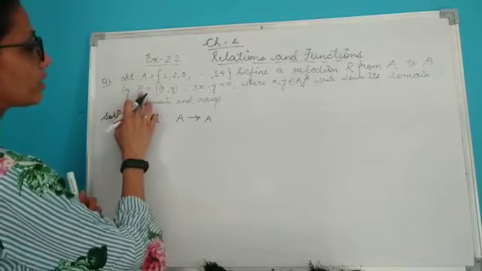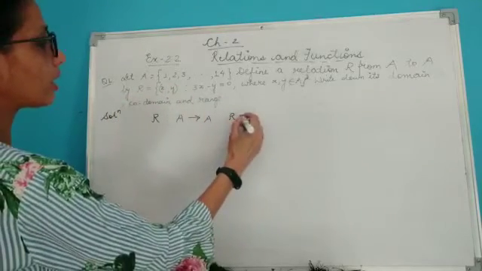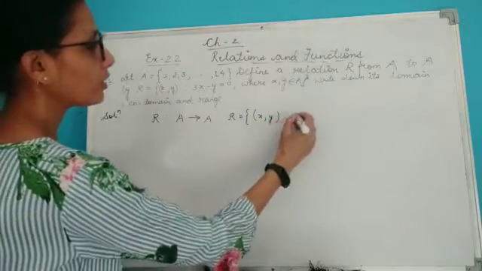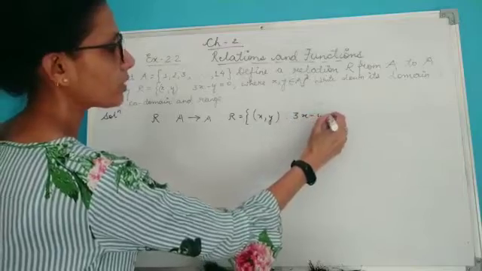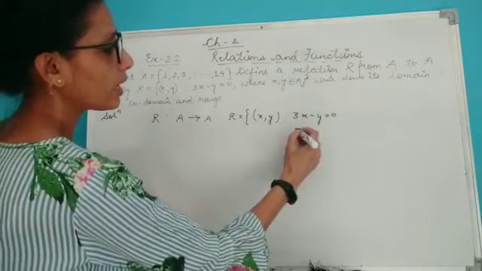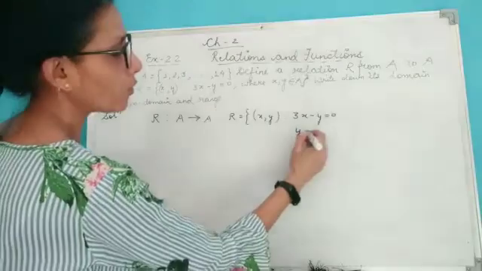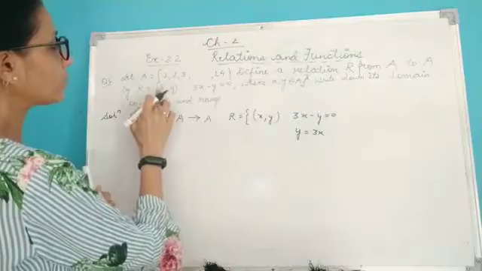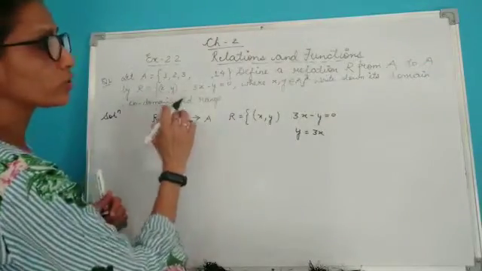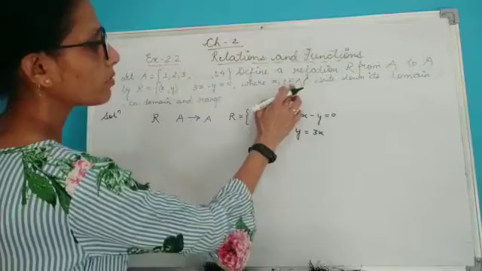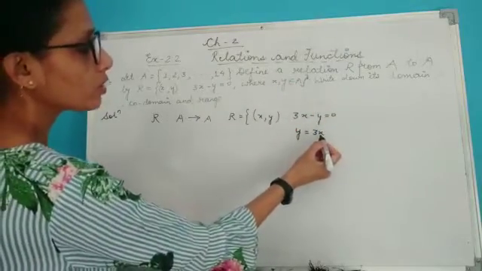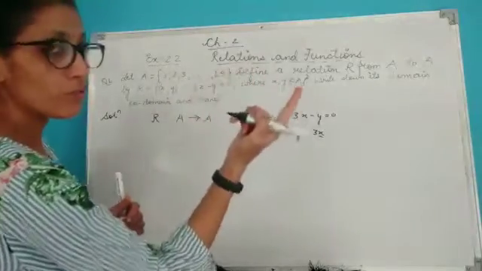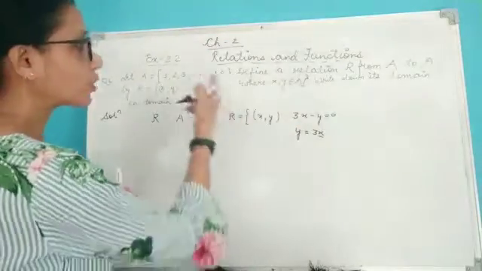It is given that the relation defined is R equal to ordered pair x comma y, where 3x minus y equal to 0. That means I can write this as y equal to 3x. Right? Now this is an ordered pair, that means this is your domain and this is your range. Here it is given where x comma y belongs to A. That means for x here I need to put 1, 2, 3 up till 14. But let's see, can we put up till 14?